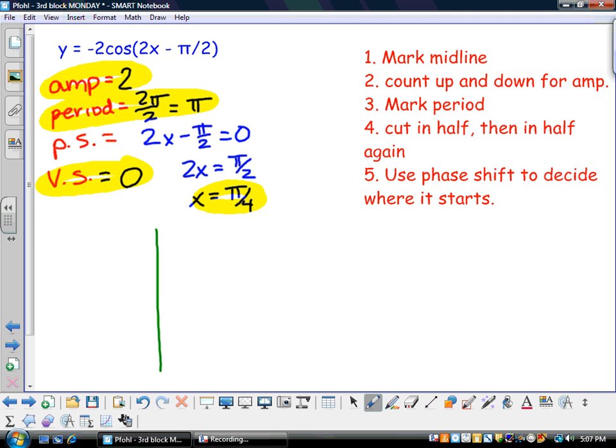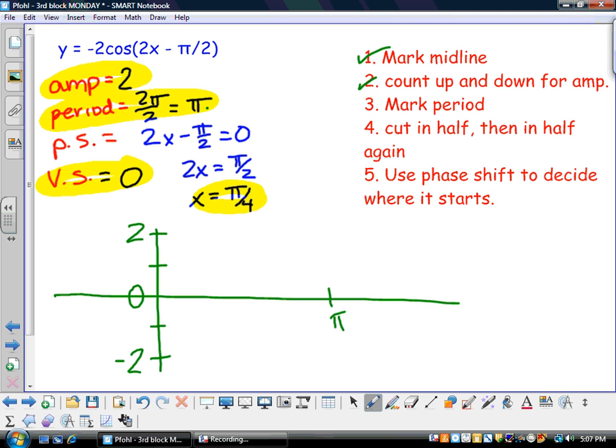All right, compare your graph to mine, starting with marking the midline. The midline's at 0. Then count up and down for the amplitude. The amplitude is 2, so we'll count up to 2 and down to -2. Mark the period. The period is pi. Cut it in half, and in half again. To get that third marking, we'll count 1/4, 2/4, 3 pi over 4,